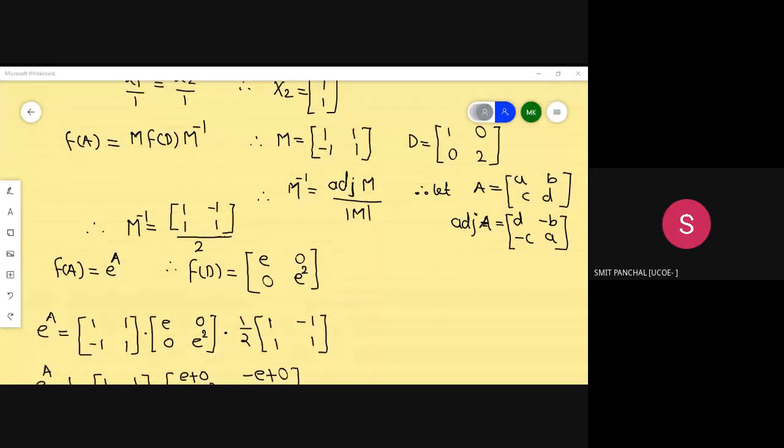ओके सर। सर ई के ऊपर 2 कैसे आया सर? क्या कैसे है? ई के ऊपर जो हमने पावर में 2 लिखा है ना, वहां पे आपका वॉइस ब्रेक हो गया था, तो समझे नहीं। डायगोनल एलिमेंट्स क्या है आपके? 1 and 2। e रेस टू 1 एंड e रेस टू 2 आएगा। ओके बिकॉज सर, 1 और 2। अगर 1 और 3 रहता तो e रेस टू 3 आता, अगर 3 4 रहता तो e रेस टू 3 और e रेस टू 4 आता। ओके सर, थैंक यू सर।